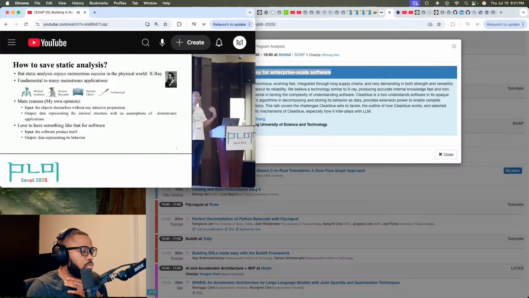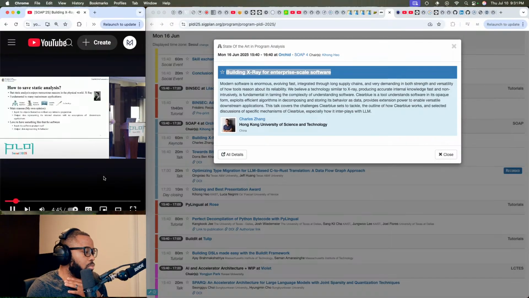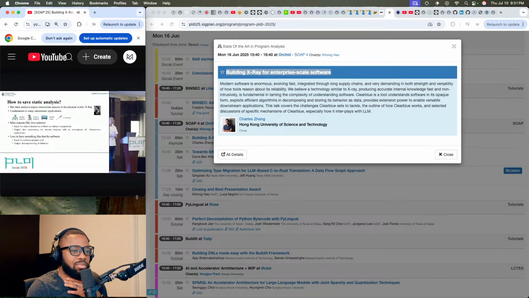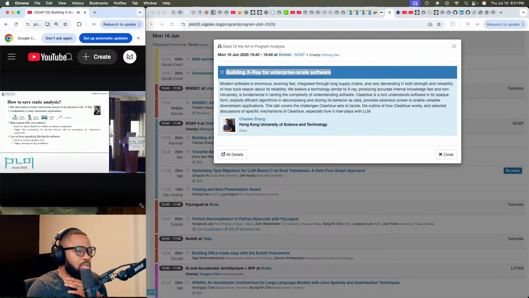So I keep wondering how we can learn from that. Right. So the two things that attract me the most: first, X-ray is very easy to use. In addition to giving a good image of what's inside of you or the objects, it is very easy to use without any intrusive preparation. Right? And also, the output of this technology is just data, is image. So it doesn't really make any assumption of what your intention is.